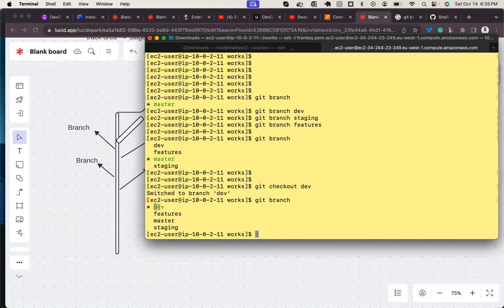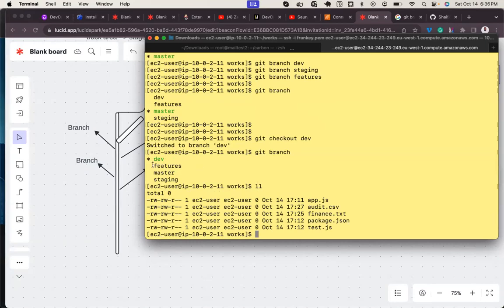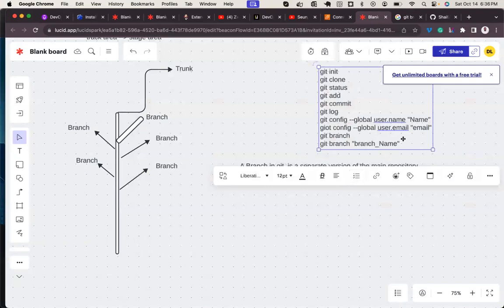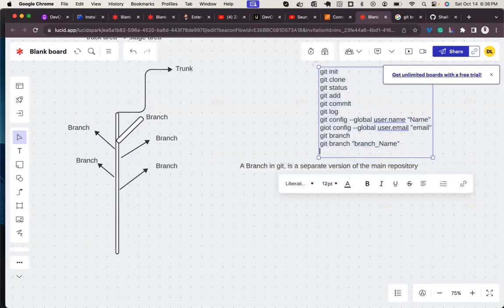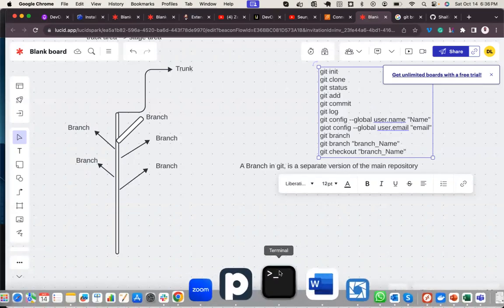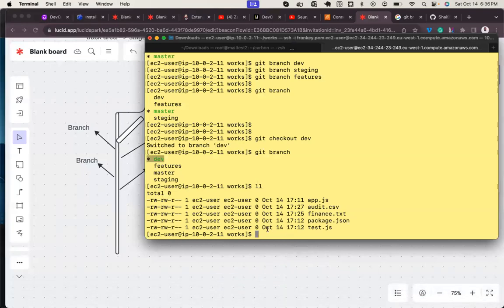You always see this green highlight and asterisk, meaning that is the branch that is currently active. Git checkout, then the branch name. So the checkout command is used to switch from one branch to the other.